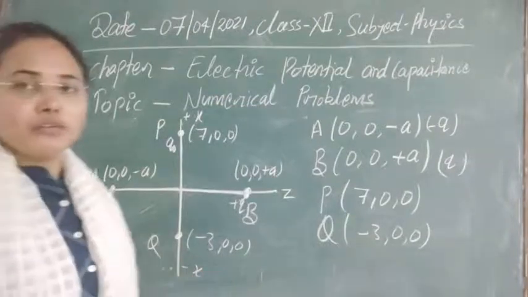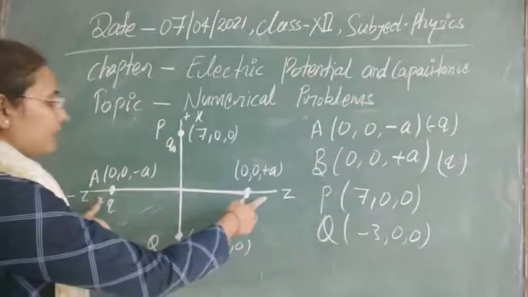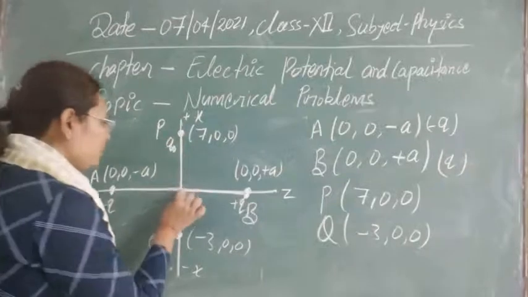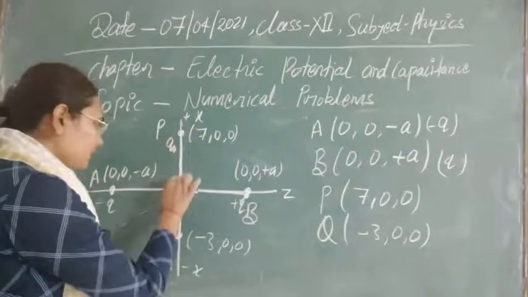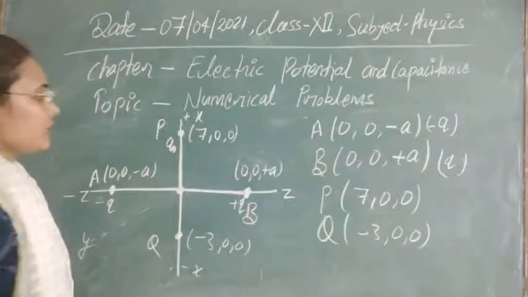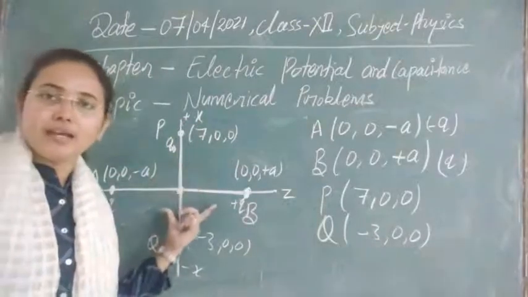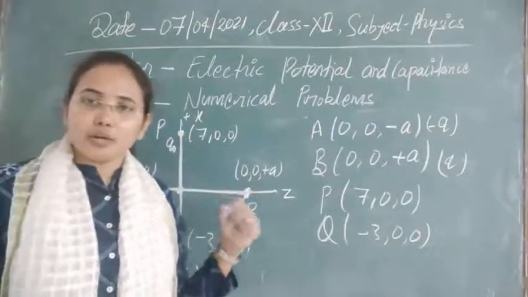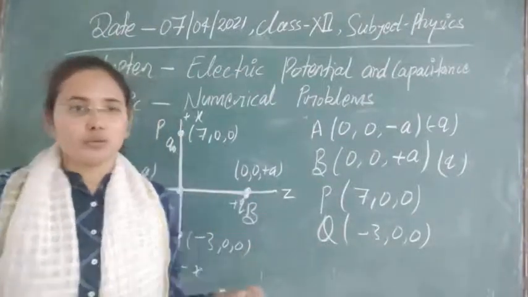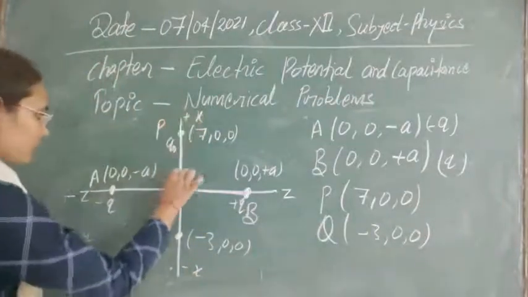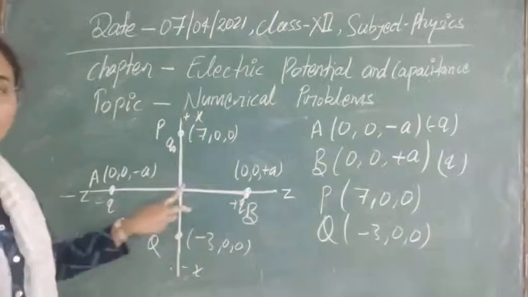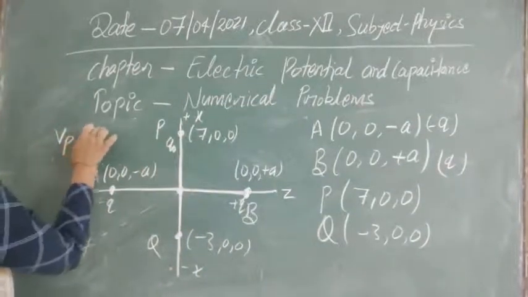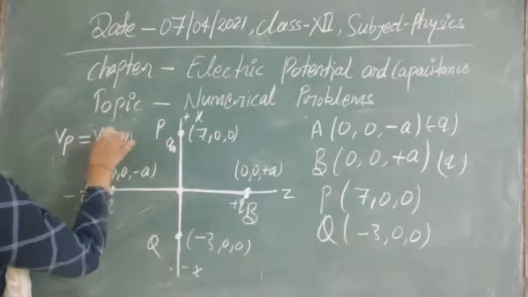So by concept, if you see, this is the axis of the dipole, that is the z-axis, and this point goes through the center and is the perpendicular point. So obviously this is the equatorial axis for the axis of the dipole. You know already that at any equatorial point the electric potential due to any electric dipole is 0. So it means that over this whole x-axis, the electric potential will be 0. So the electric potential Vp, or Vq, will be equal to 0 here.